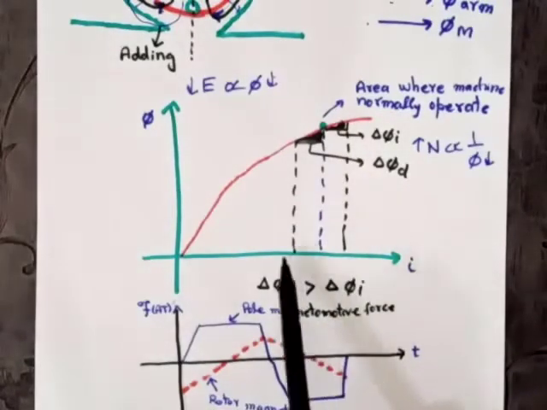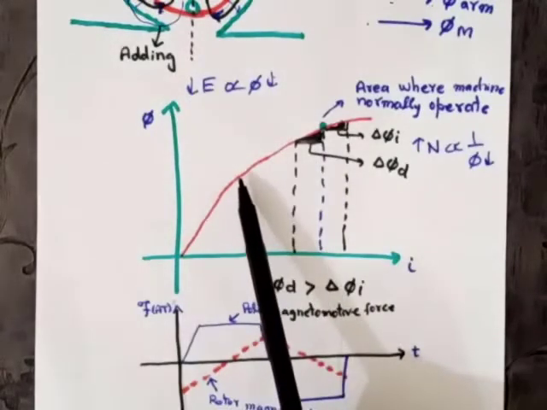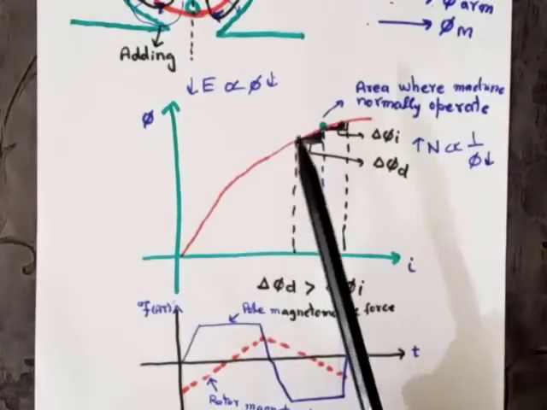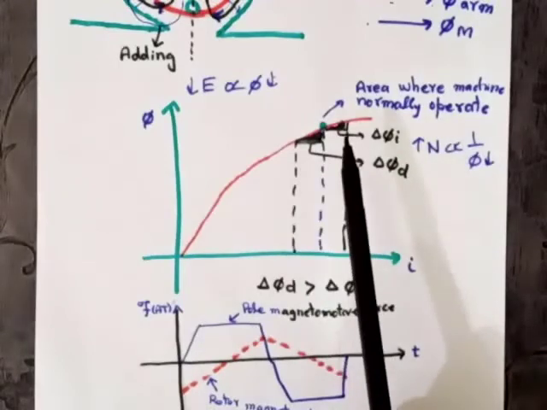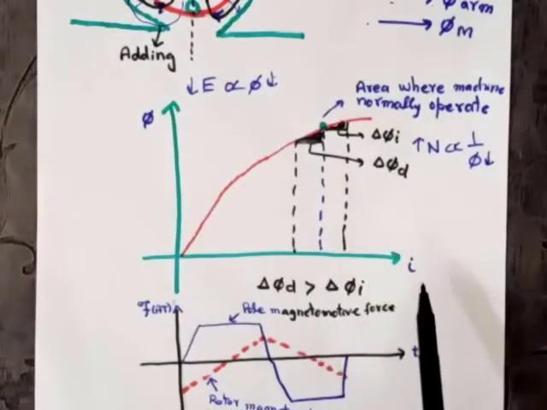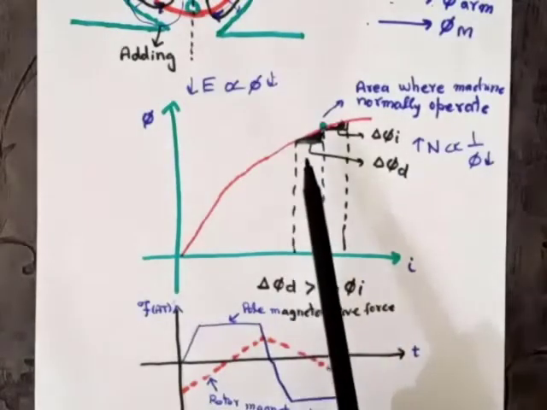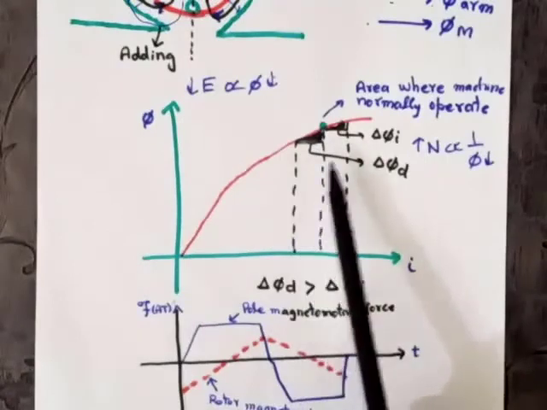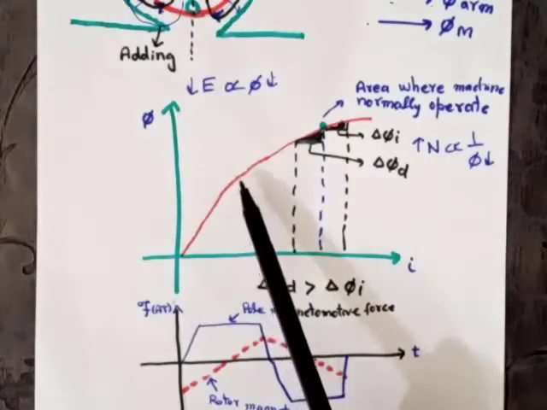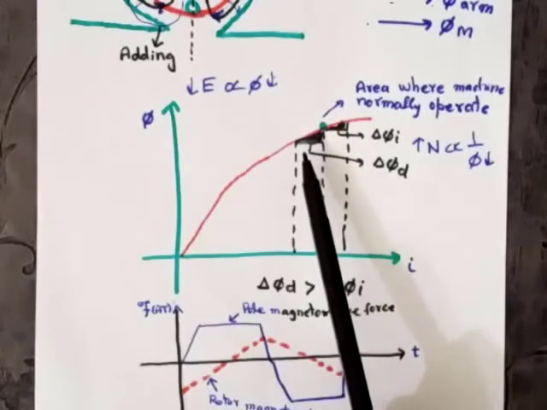But if we decrease the current, then the change in flux will be more, and the flux will decrease more. Due to this reason, as you can see in this figure,